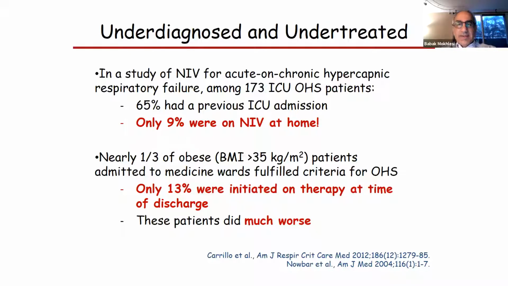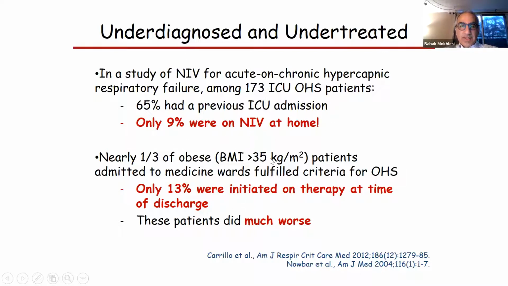So these 2 studies that I'm showing here, one is from Spain and the one is from Paul Merrick's group. The other one is from the Denver group from years ago. So in this study from Spain, they looked at patients getting admitted to the ICUs with acute and chronic hypercapnic respiratory failure. And what they noticed is that 65% of them had prior ICU admissions, and only 9% of them were on therapy at home. So clearly an opportunity for better